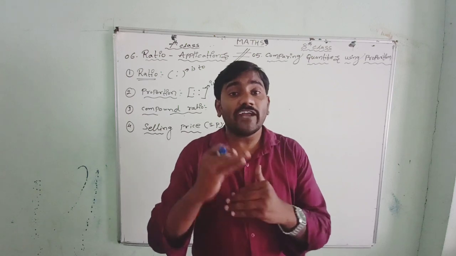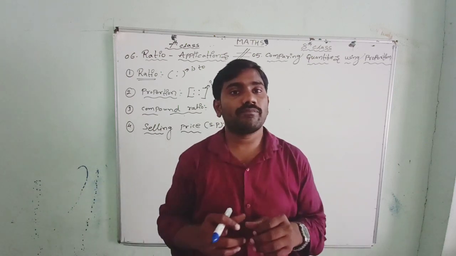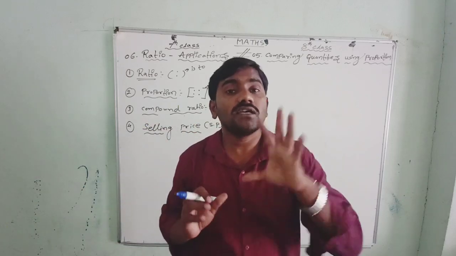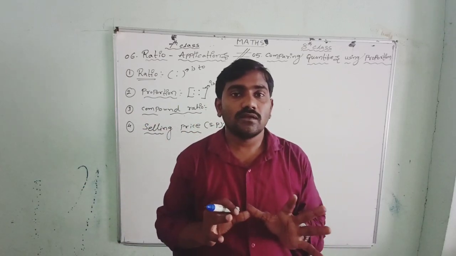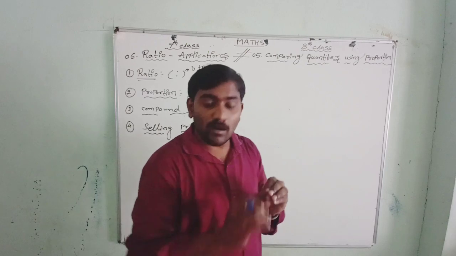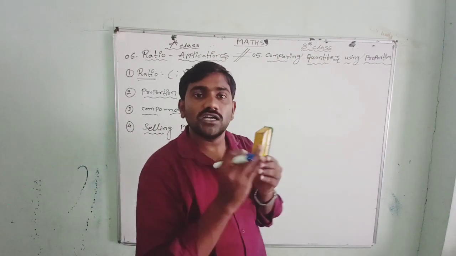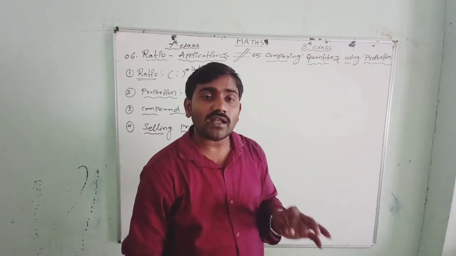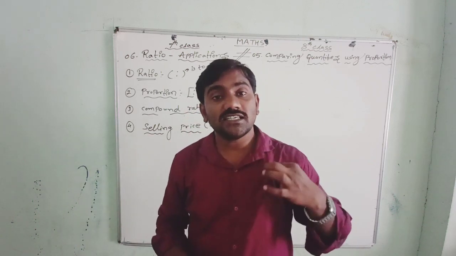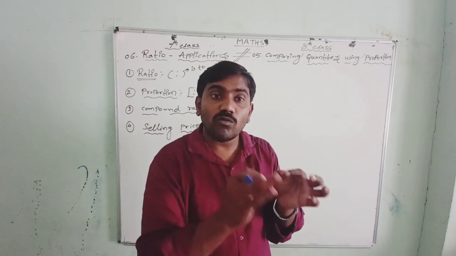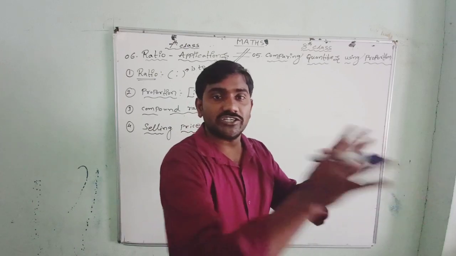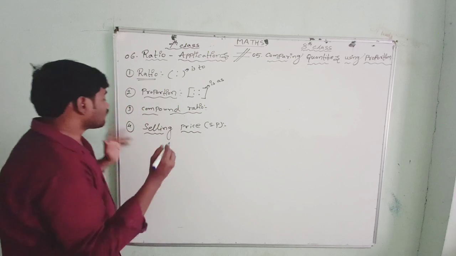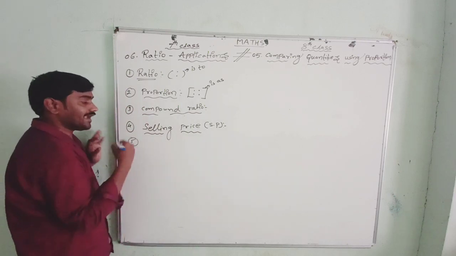The amount at which the shopkeeper sells the article is called the selling price. The amount at which a shopkeeper sells the duster is known as the selling price of the duster. The amount at which a shopkeeper sells a shirt is known as the selling price of a shirt. And here you will get marble, its price will also be different. I will tell you that later.